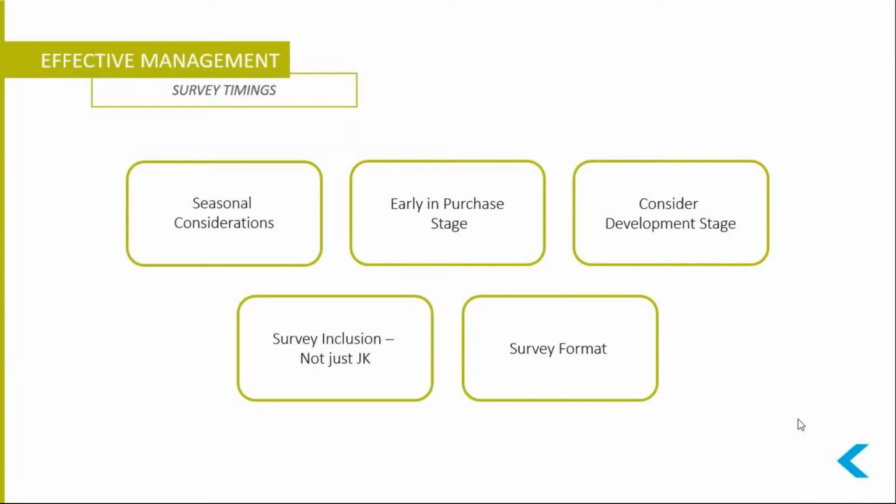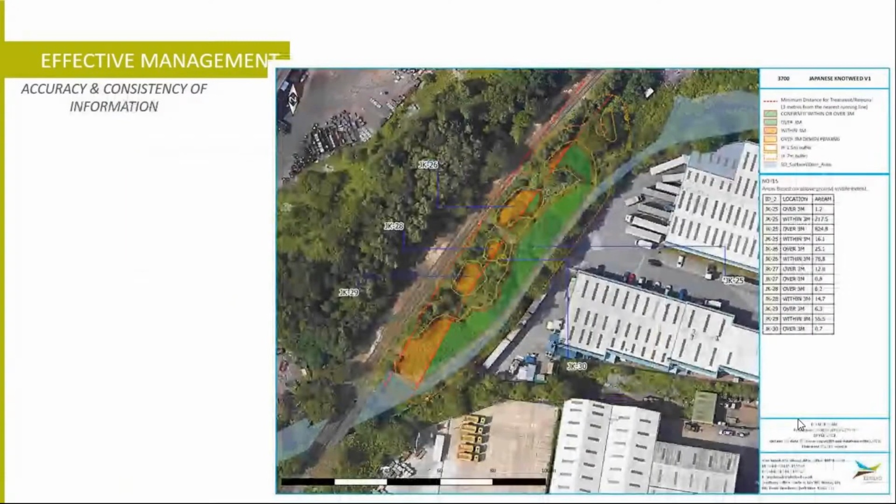So Japanese knotweed is not the only one. We've rambled on about that for the duration, but there are other plants that need to be considered, and we need to look at the format of how that survey is presented. It's very important to get accuracy and consistency of information. So we tend to undertake